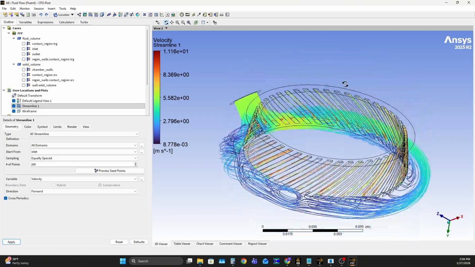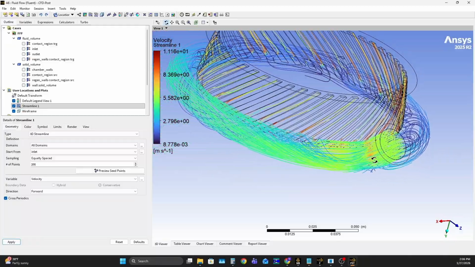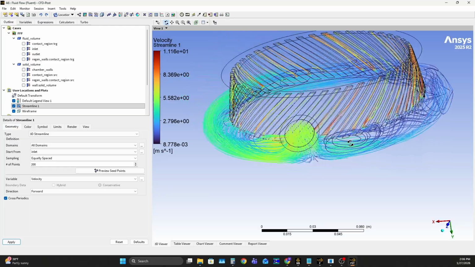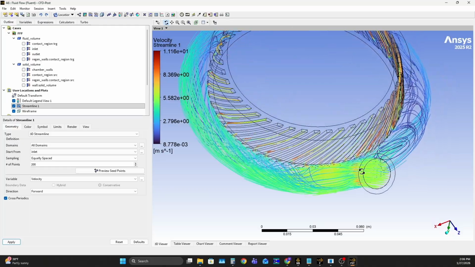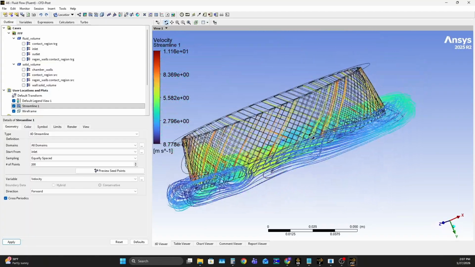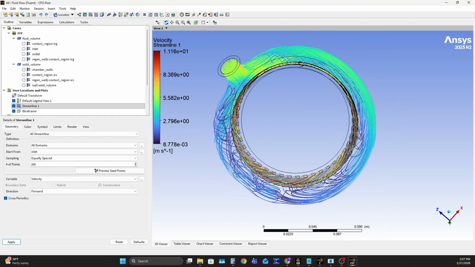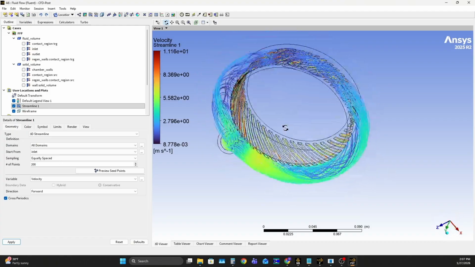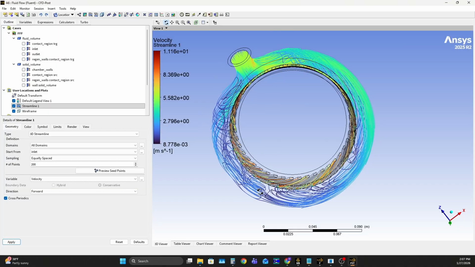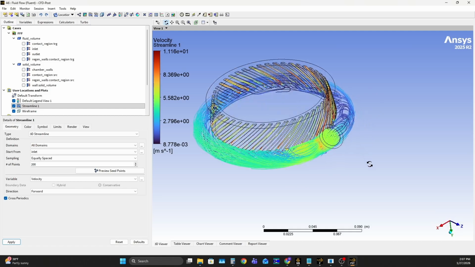Okay, and this is going to show us our velocity streamlines throughout the annulus. So we can see that at the velocity inlet, it's pretty uniform, and then it looks like we have a higher velocity going to the left and a slightly lower velocity going to the right. And we can also see where the fluid converges. So it looks like most of the fluid comes all the way around this side, and then only some of it comes from the counterclockwise direction. So this is obviously really, really important to see the distribution of our Jet A through the annulus,